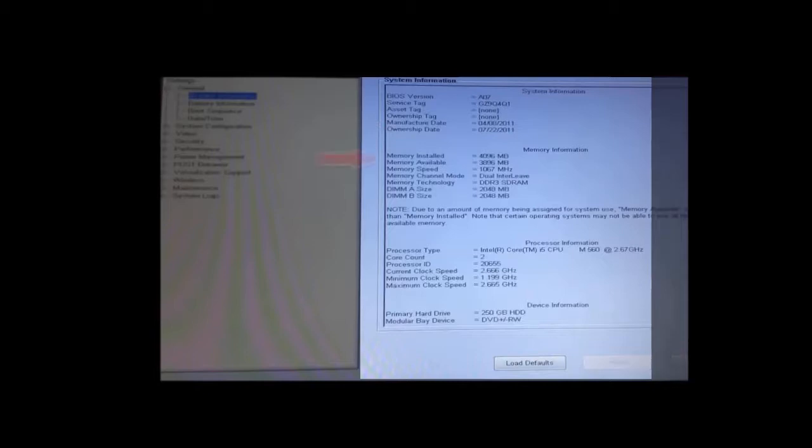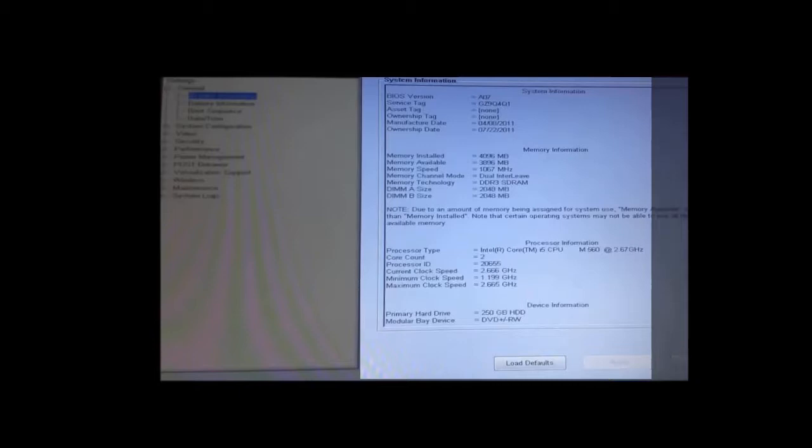We can also see the type of memory that's installed. We can see that both of our DIMM slots, that's for our RAM, DIMM A and DIMM B, have about 2 gig of memory and that they're full. Now, this tells us something very interesting. If there was an empty slot, we would have another indication of a slot not being full. So if we needed to upgrade the RAM on this computer, we would actually have to replace one of those DIMM chips. We'd have to take out that 2 gigabyte chip and then put in something even bigger